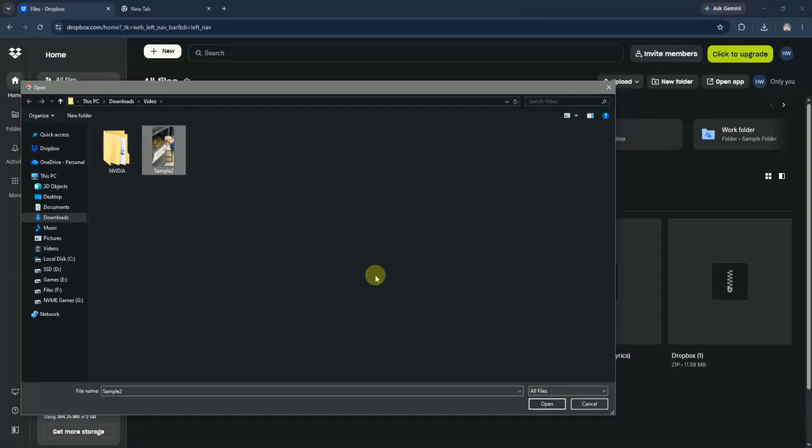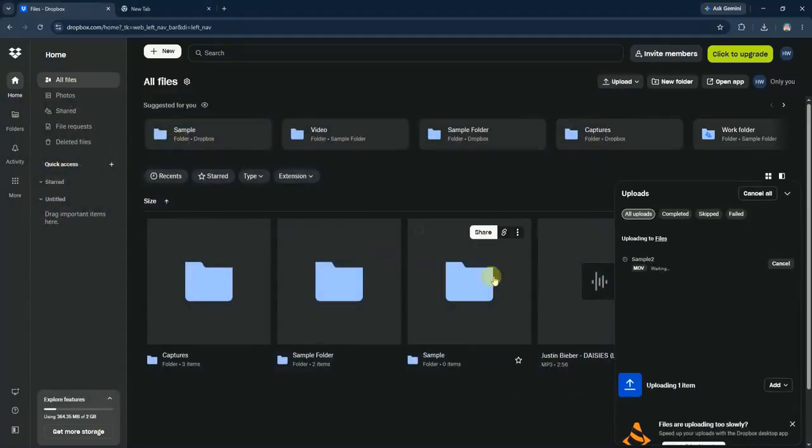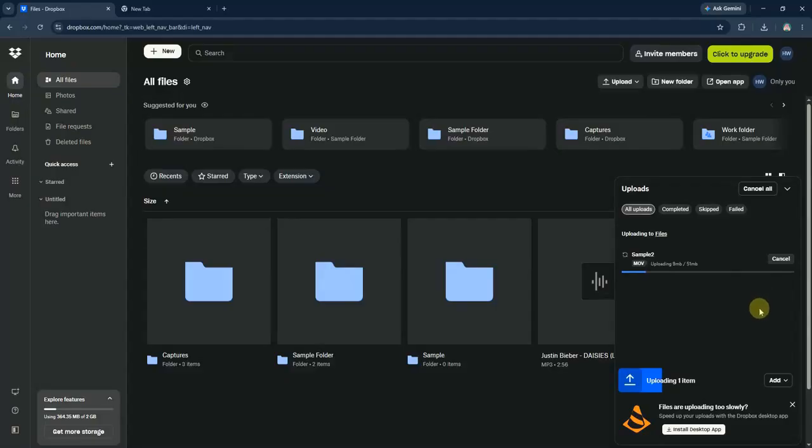Browse through your directories and select the file you want to upload, then click Open. If you selected Folder, you'll need to select the folder and then click Upload to start the process. Dropbox will handle the rest and automatically upload the selected files or folder to your storage. You'll see a progress bar indicating the upload status, and once it's complete, your files will appear in your Dropbox